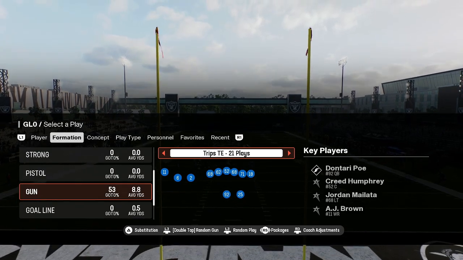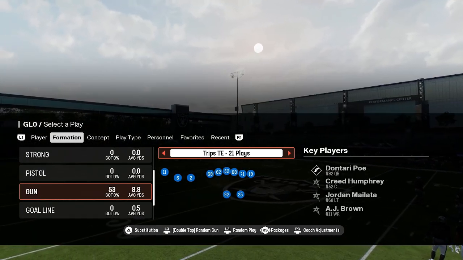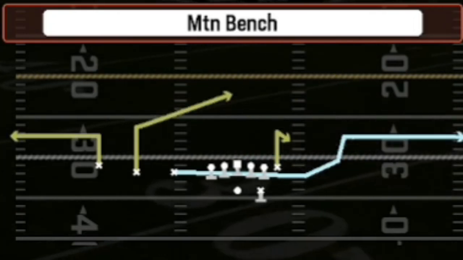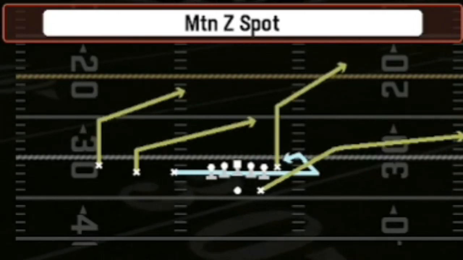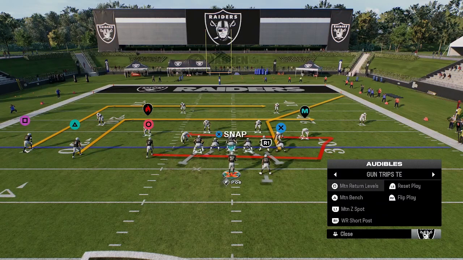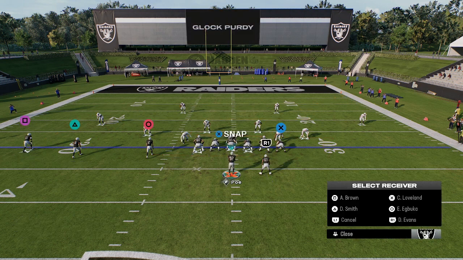All right, so for today, we are in the Bills offensive playbook, and we're going to be taking a look at the trips tight end. For the audibles, I like to have the motion return levels, motion bench, motion Z spot, and wide receiver short post. For the first setup, out of the motion return levels, something I like to do,